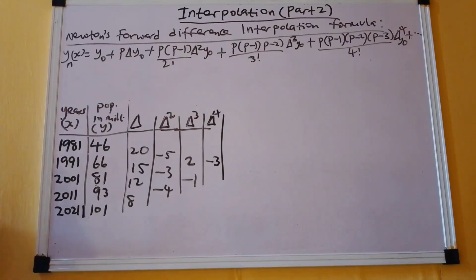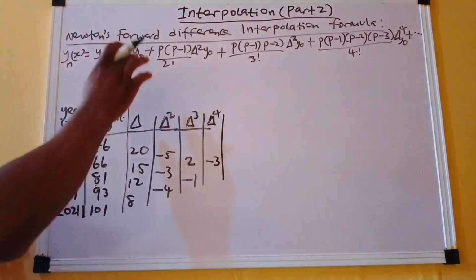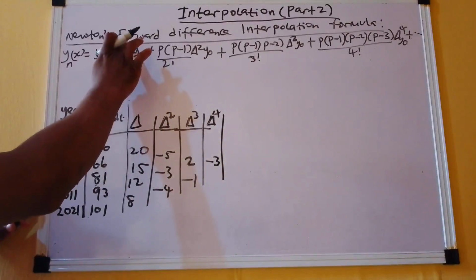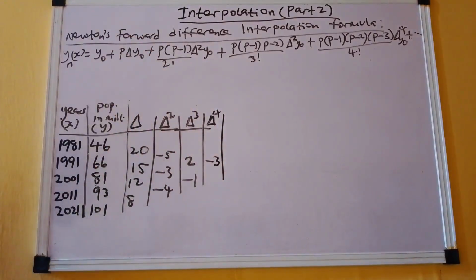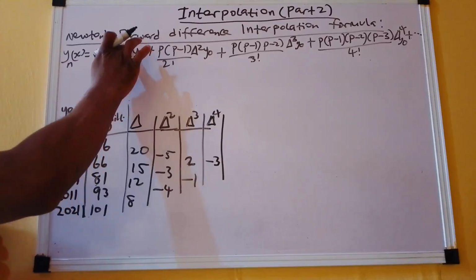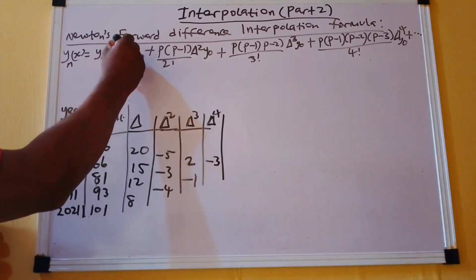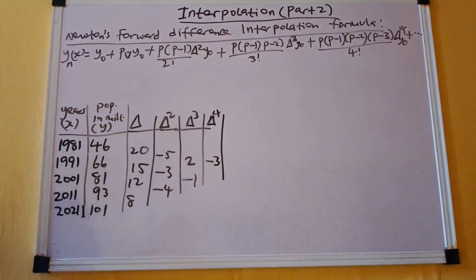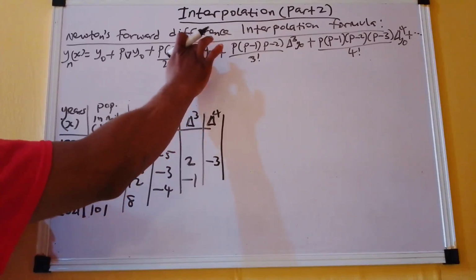Now, if you take a look at this formula, if we are to estimate for the year 2015, the formula we are going to use is what we call the backward interpolation formula. So now we are going to use Newton's backward interpolation formula. For the backward, we use the backward operator. So permit me to change it. The backward operator is this. So we are going to put the backward operator here. You will see that we are removing the forward operator. So the backward operator will be this,